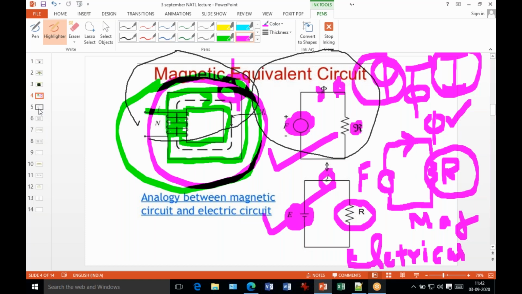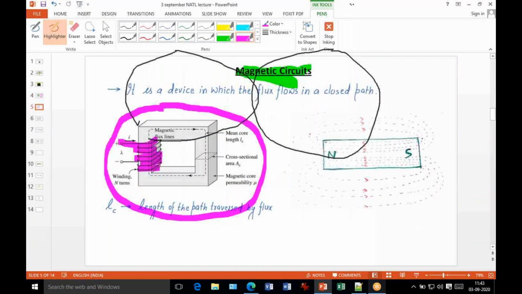Here, number of turns. You connect a number of turns in the coil, and accordingly your flux is available. We will discuss the flux direction after some time, how to decide the direction based on some rules. Actually, there are some rules, 7 rules. We will discuss them later, but at this stage, understand first that if you have a number of turns in the core material, then automatically the flux is available in your circuit.